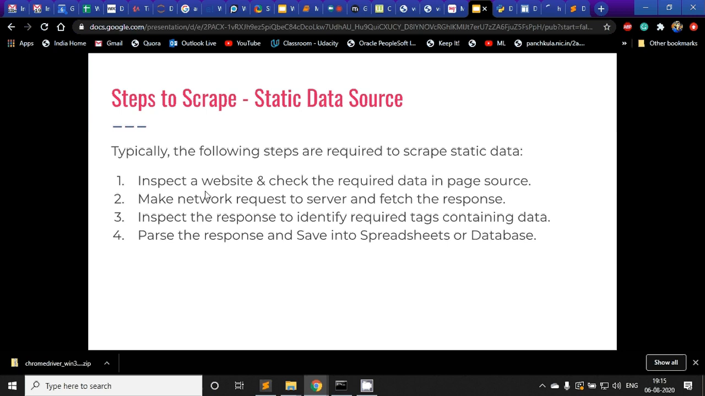The second thing I'm doing is making a network request to the server and fetching the response. So this is what I thought: if I fetch the response of this web page, it is easier for me to do the rest of the stuff. Third, I inspect the response to identify the required tags. So when I say response,